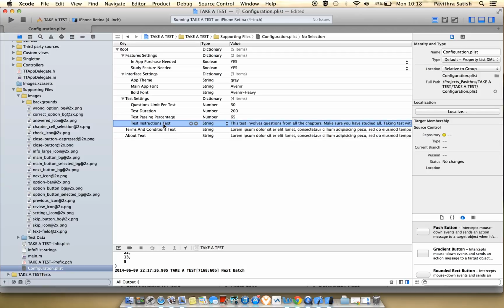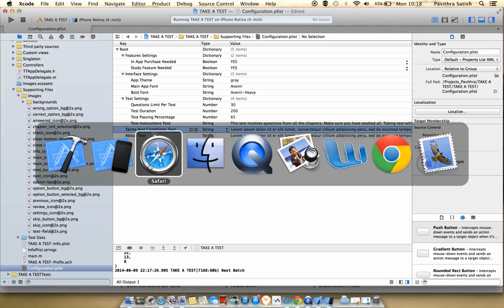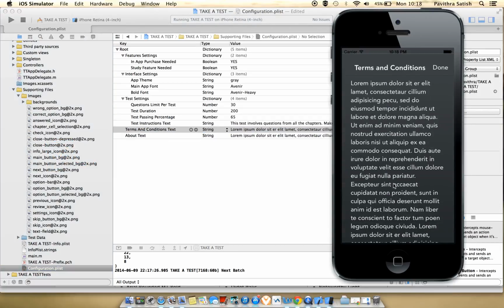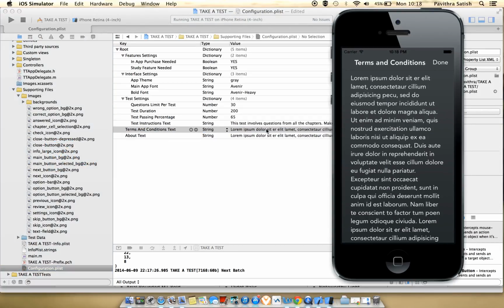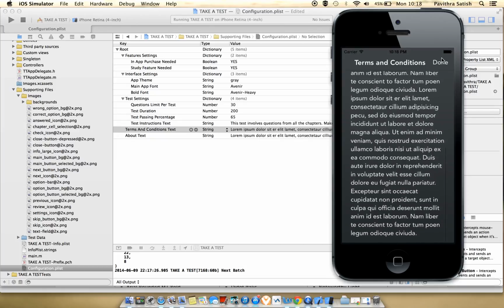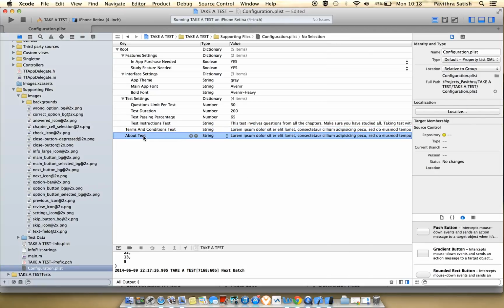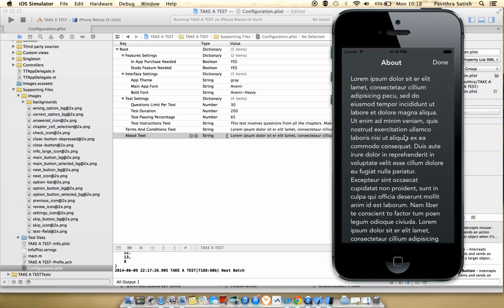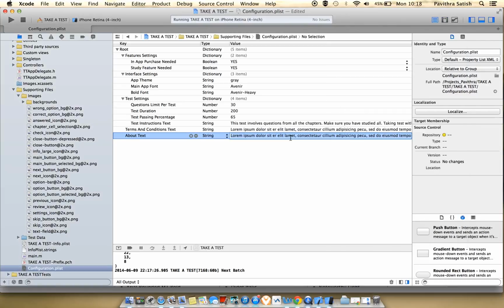Test instructions, I just explained it, this text. Terms and conditions text, you can replace here. So here you can see terms and conditions. I have put this, and you can just replace this text to get your own terms and conditions. About text, the same thing, you can have about text here by replacing this. Okay, so we are done with the settings. Actually, I wanted to explain data first, then settings. Anyways, I'll explain how to add the